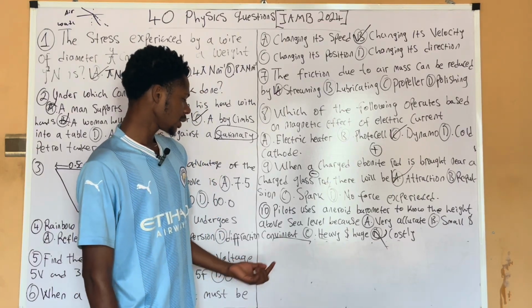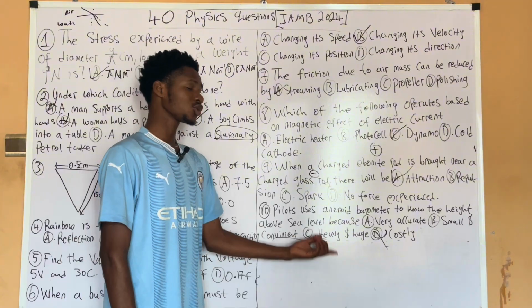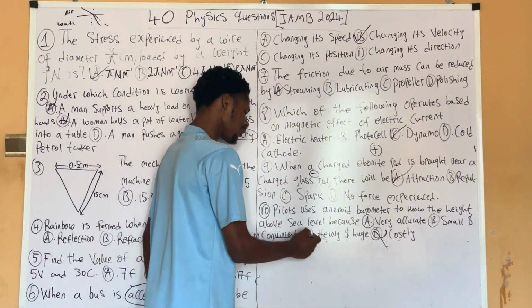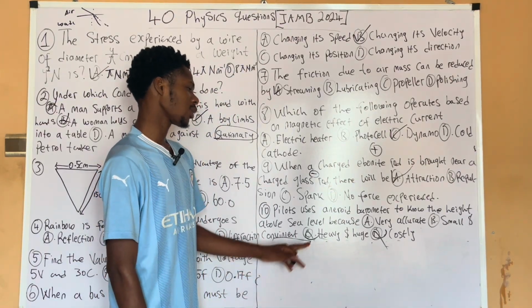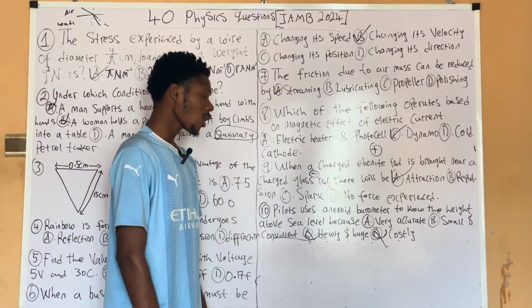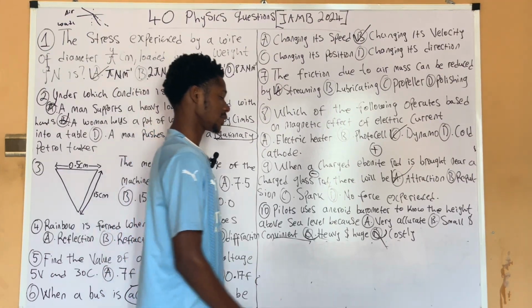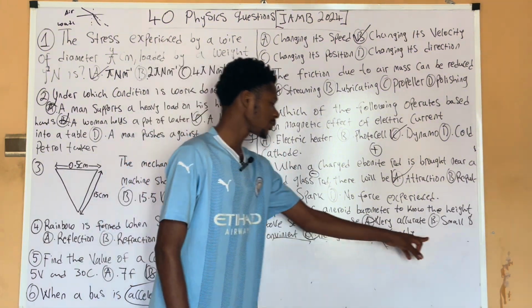Okay, and then option C, heavy and huge. If pilots are to make use of items that are heavy and huge, it is of no use. So option C is definitely out. And then we're left with small and convenient, and very accurate. Now there are more accurate barometers or pressure measuring devices. So it is not because it is very accurate, but rather we make use of it because it is